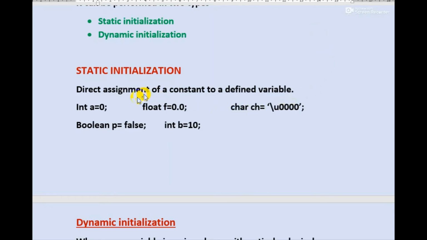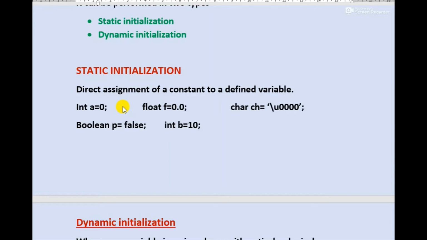Here we can observe int a equal to 0, float f equal to 0.0, char ch equal to backslash u 0000. These are all the default values of these data types.